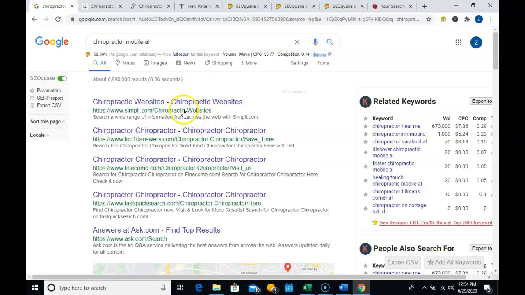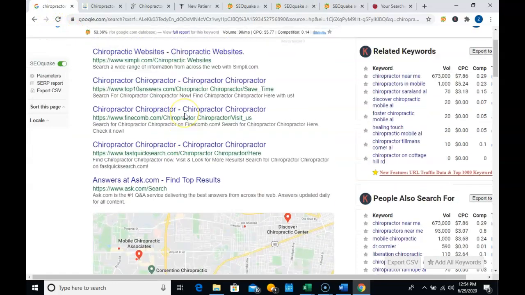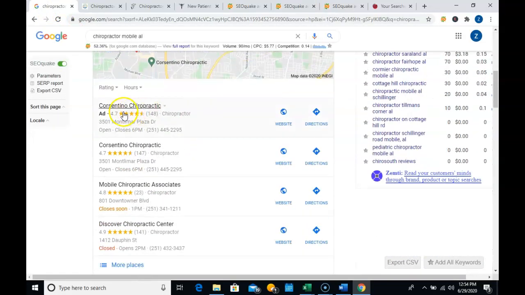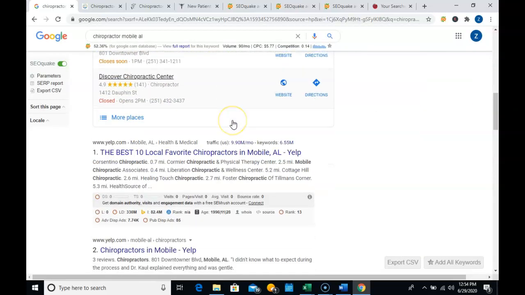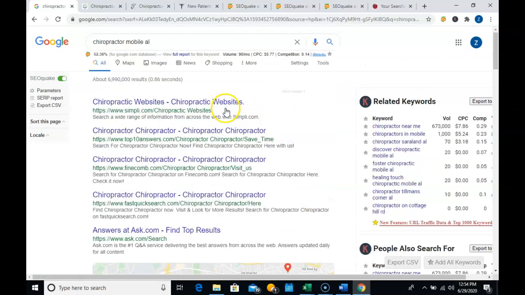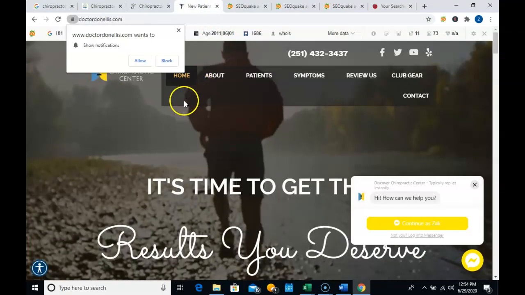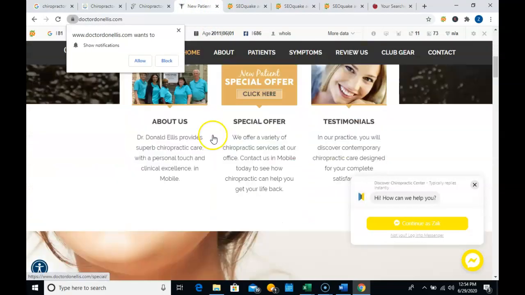I'll actually show you this right here. Chiropractor, Mobile, Alabama. So Corsentino Chiropractic, they're number 1 right there, and number 1 right there in the Google Map Pack. And this next website that we're going to look at is going to be for Discover Chiropractic, and they